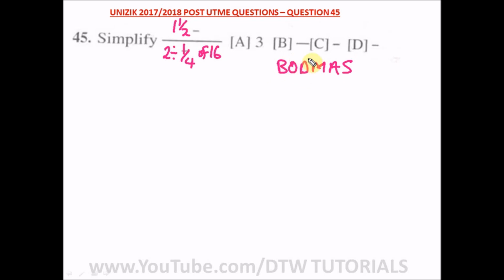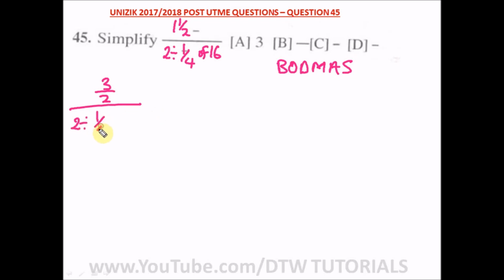This is bracket, of, division, multiplication, addition, and what? Subtraction. So the first thing is what? There's no bracket, so the next thing is what? Of. So let's simplify this of. So here, what do we have? 1/2 can be likened to 2 times 1, that's 2 plus 1, that is 3. So we have a 3/2 divided by 2 divided